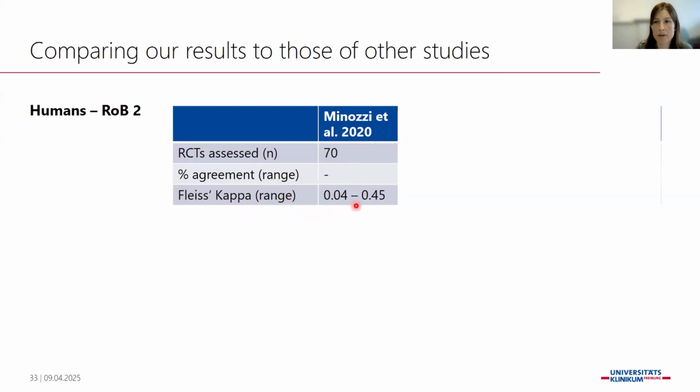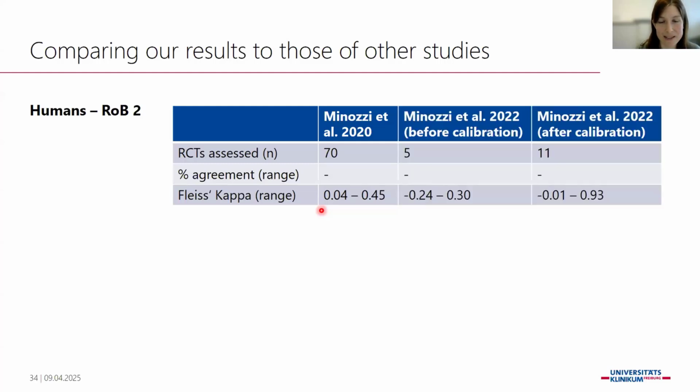Interpretation is quite similar to Cohen's kappa. And as you can see here, the inter-rater reliability was also quite low. This means that human assessors were also not really good at agreeing with each other in risk of bias assessment. And this is a further study Minossi et al. conducted. In this study, they performed a calibration exercise, and they assessed 5 studies before this calibration exercise and obtained quite